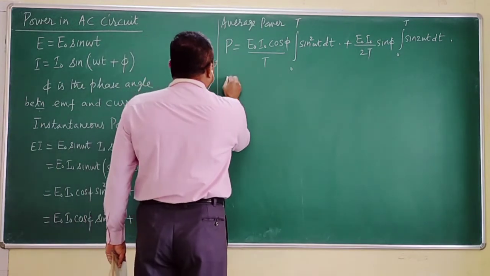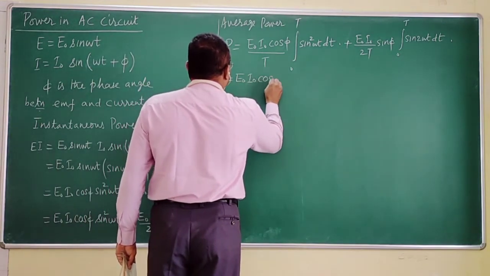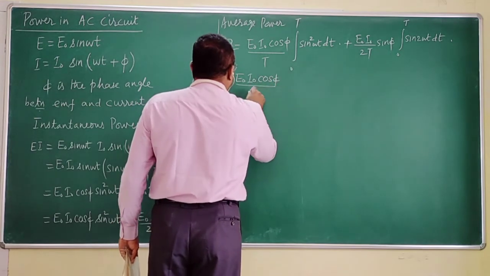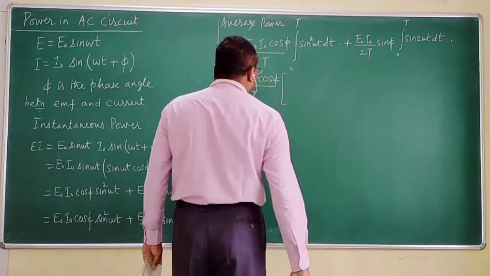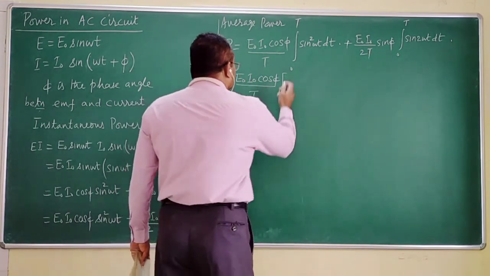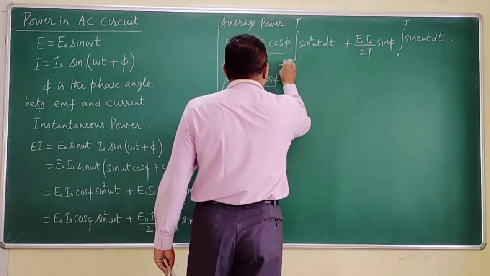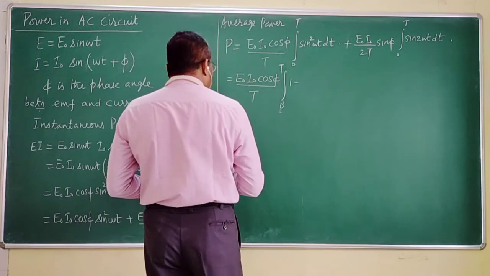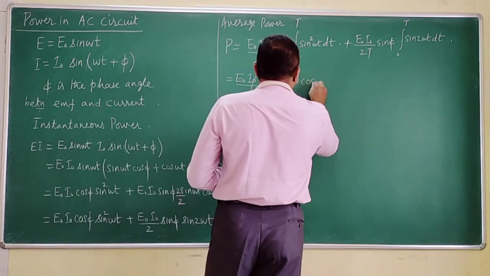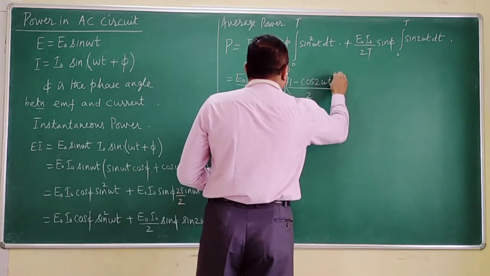This can be written as E naught I naught cos phi divided by T into integral 0 to T, 1 minus cos 2 omega t, by 2 into